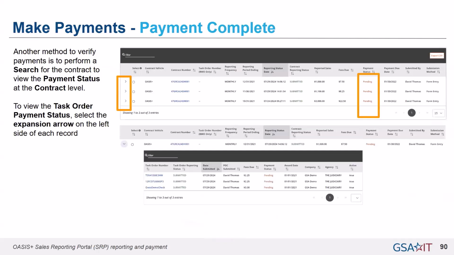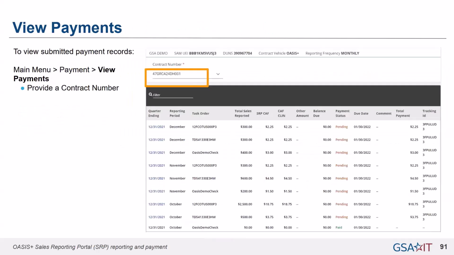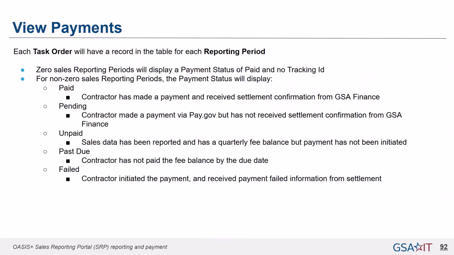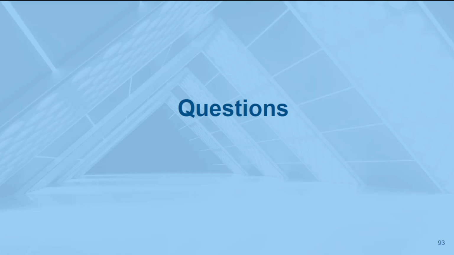So this is, again, my recommendation to get this action done early. Don't wait until the 30th day to do it. Otherwise, it could be late. All right, and then you can view the status. And that should pretty much bring us to the end of our presentation on how to report your task orders, report your invoices, and then pay your CAF. So now I will go into